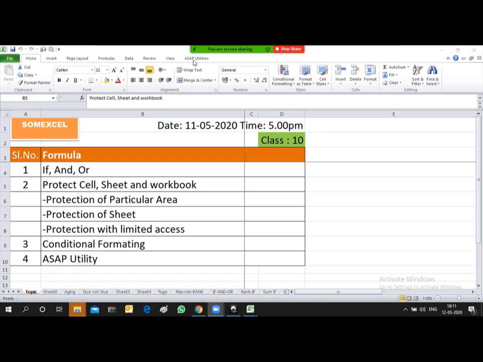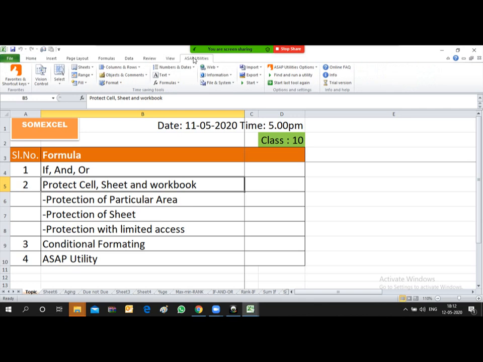So let's first see this tab, then we will have a feel of the usage of this utility. Now friends, I have come to the ASAP Utilities tab. Just drop down each and everything. You will be amazed what kind of facilities ASAP Utilities is providing to you.